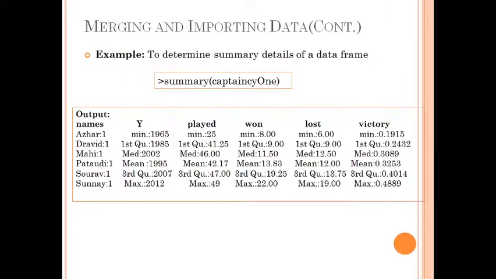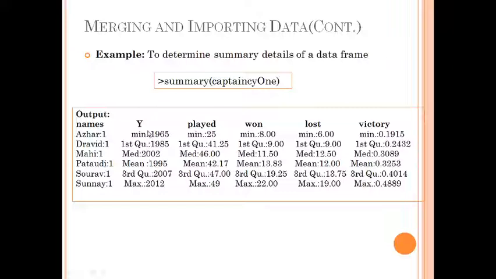So this function is very crucial. To use it, we simply use the name of the function, summary, and pass it the data frame whose summary we want. And this type of output is expected. Now you can see here, as the names column has only string data, we cannot find the mean, median, or quartiles for it, so there is no numerical value associated with it. But from the second column onwards, each column has numerical values in it, and that's why we can calculate the minimum, maximum, as well as the other values related to that column.